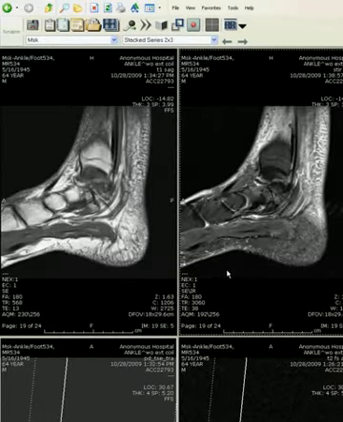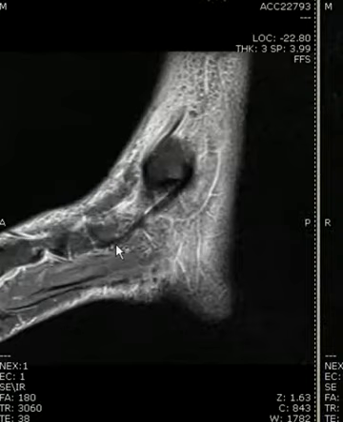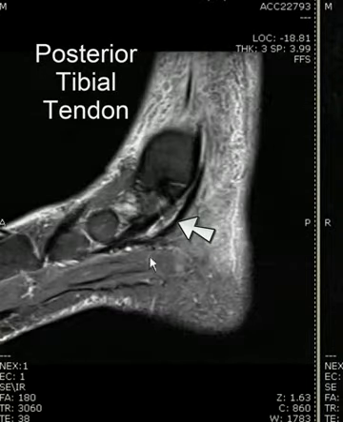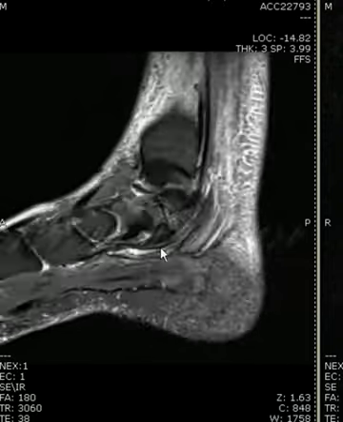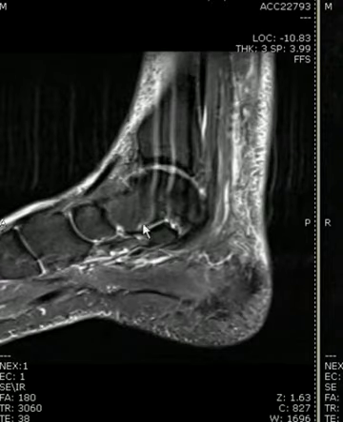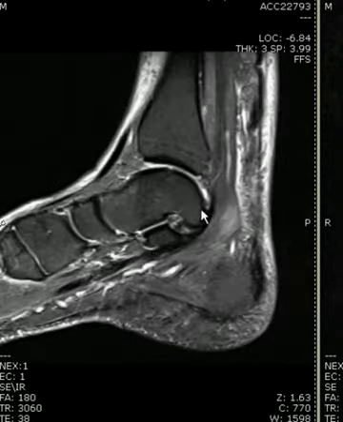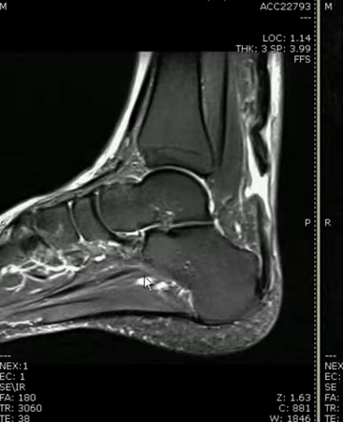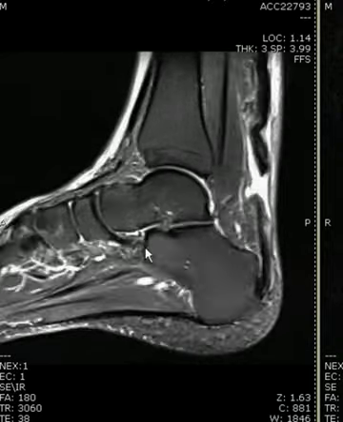Starting medially, we can see the posterior tibial tendon here attaching to the navicular. Immediately medial to that is the flexor digitorum tendon. Underneath that will be the flexor hallucis tendon, and then we can see the middle subtalar joint, the